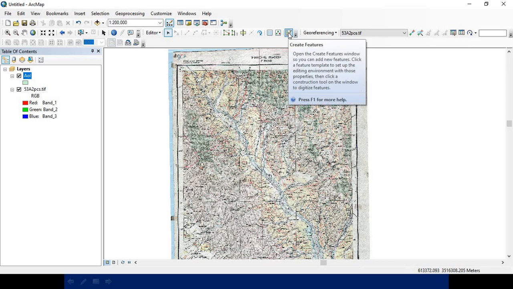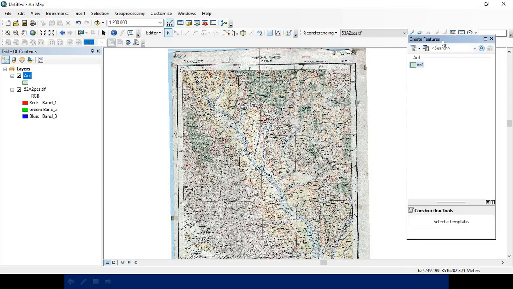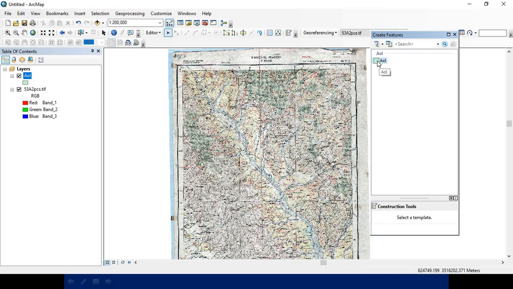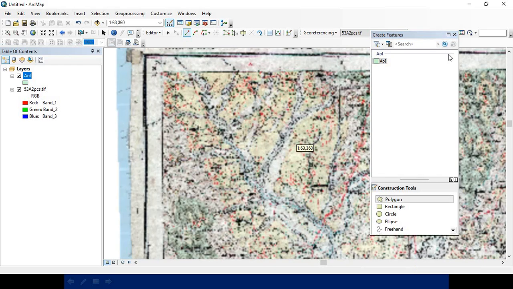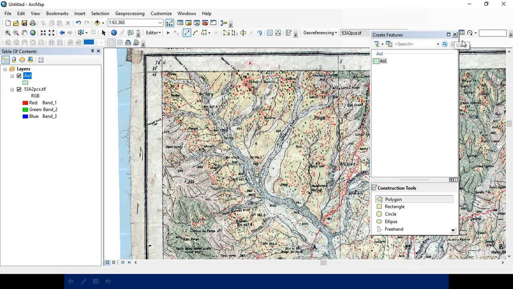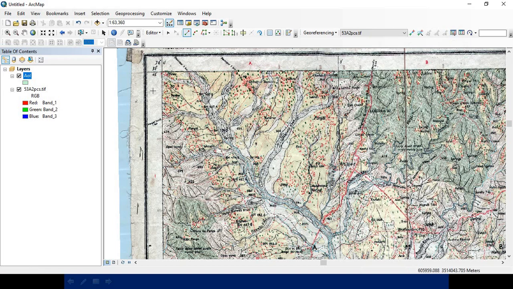Click on create features, select the AOI layer, and from the construction tools click on polygon.